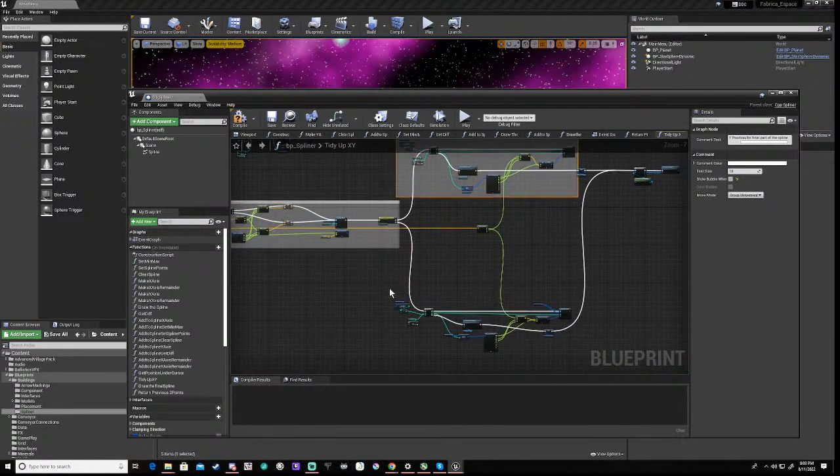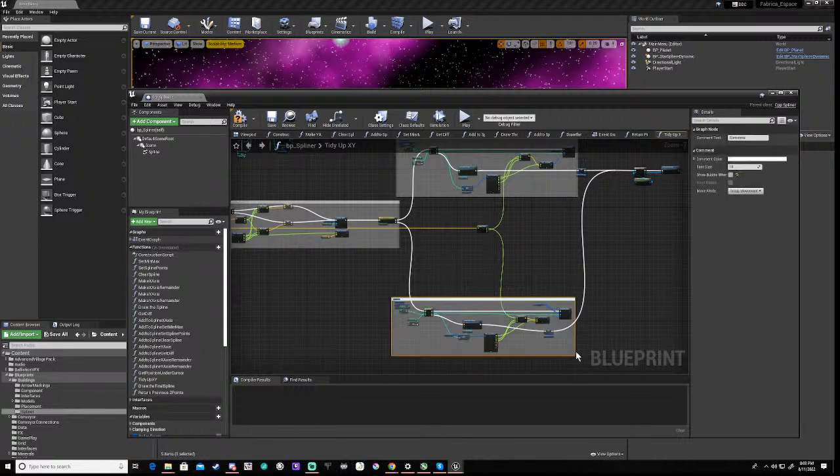And then obviously this one resets the X position. Okay, so that's reset the X position for the final part of the spline. Okay,